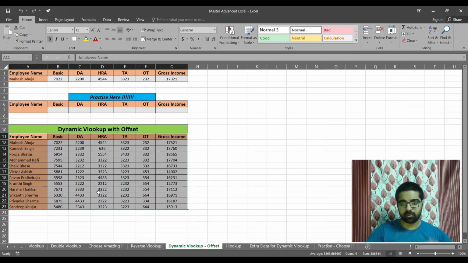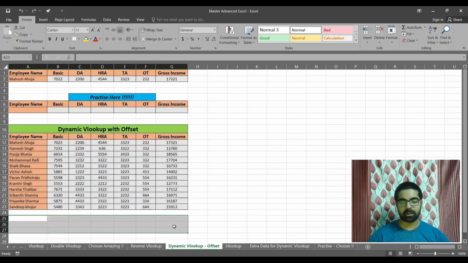Suppose you have done your practice here. When new data gets added, we have to shift this data, two lines, down. Again you have to add some data. Daily you can't do it like this, right? So my suggestion is, if you have sales data or any other type of data where the data is getting added regularly,